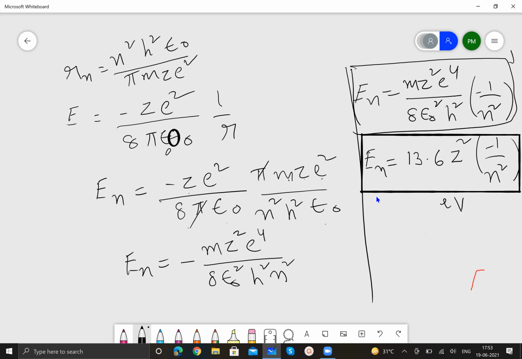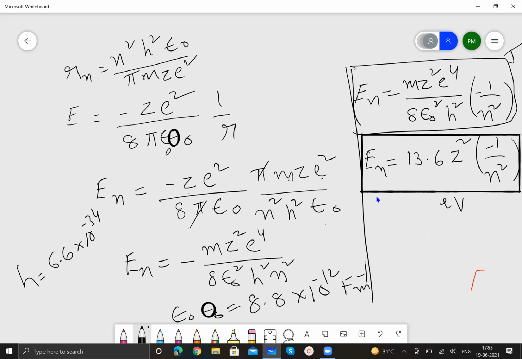This expression gives you the energy in joules. Whereas if you convert this, substitute the value of mass of electron, 9 into 10 to the power of minus 31, e 1.6 into 10 to the power of minus 19, epsilon 0, the permittivity of vacuum, 8.8 into 10 to the power of minus 12 farad meter inverse. Then h, Planck's constant, 6.6 into 10 to the power of minus 34 joule seconds. So if you substitute all those values in this expression and simplify